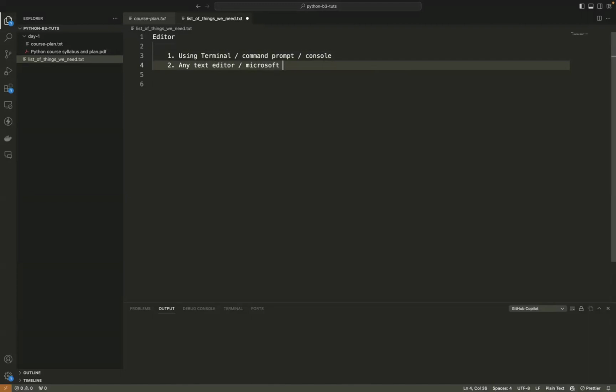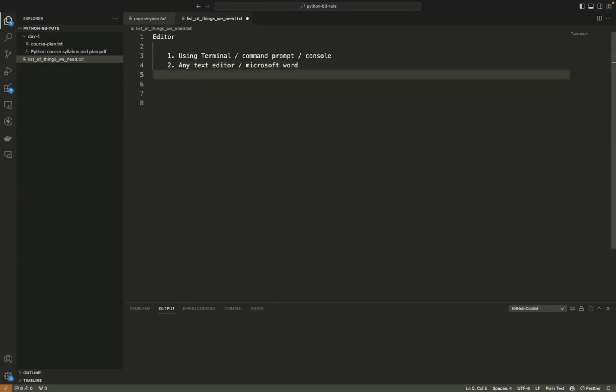Editor or writer? Microsoft Word. Where do we write our Word? Sorry, Microsoft Word. We can write our code here also. We can write our source code here also. These are all basic things, but these are not meant for programming, not recommended, or not meant to write any program.